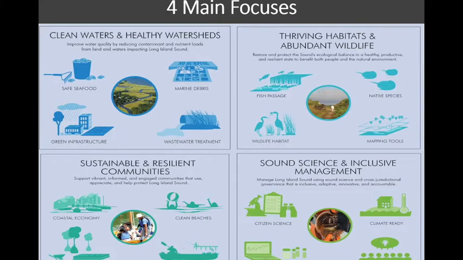The fourth theme is sound science and inclusive management. And again, you see one of those pillars is citizen science. But this theme is basically making sure that we have the best research, the best science available, the best tools available in order to do what we do and to make decisions about what the priorities are that we should be looking at right now and what we should be focusing